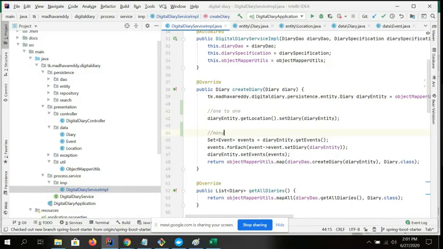One to many. Since we already converted using model mappers, or else you might have some business logic over here to convert the setters and getters. I don't use those setters and getters directly. I'm converting it now.